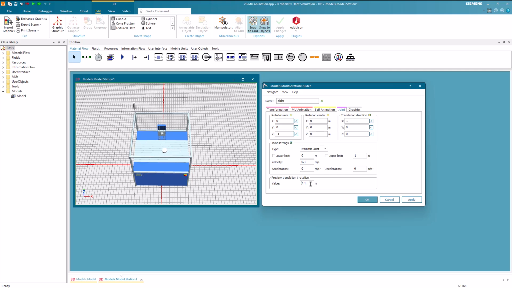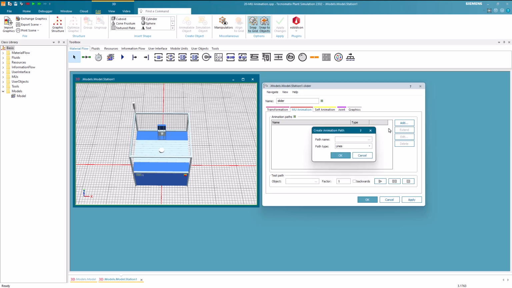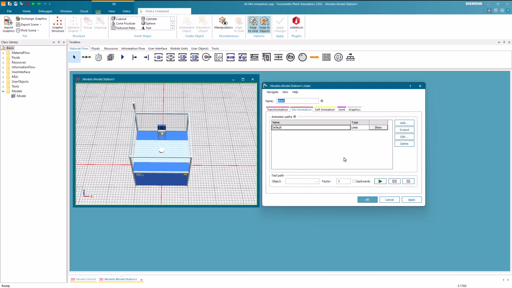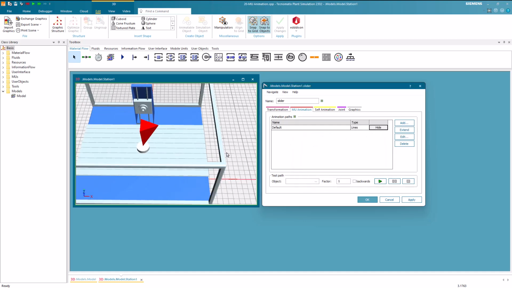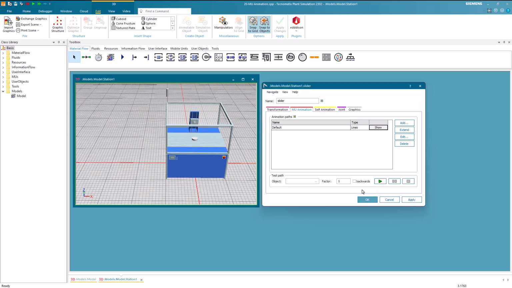Now, to ensure that a part can be animated on the slider, we need to create an animation path, and therefore we switch to the MU Animation tab and create an animation path. Within the dialog, we click on the 3 dots next to the path name. Since we are working on a station, there is one default animation path available for selection. This animation path will specify where the part is visualized, so we choose it and then show it. As we can observe, the animation path is generated at the center of the upper area of the bounding box from the cylinder. Then we hide the animation path again and close the dialog.